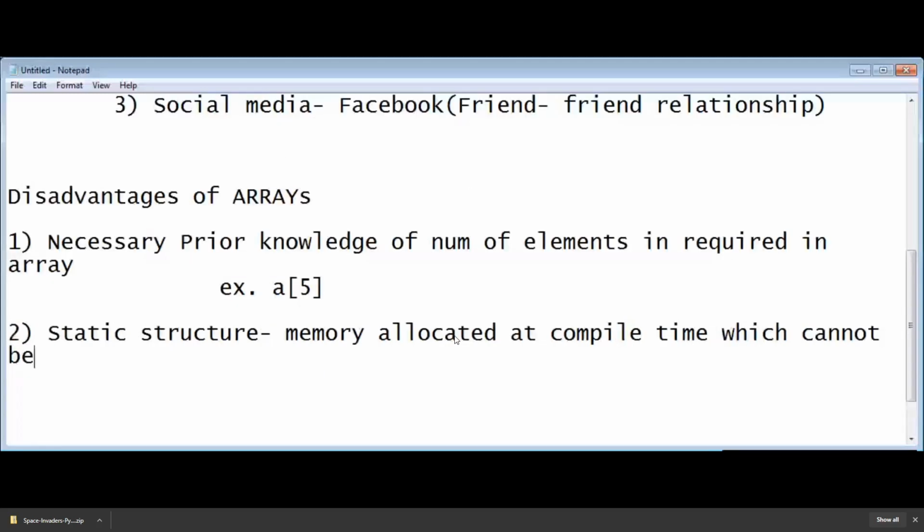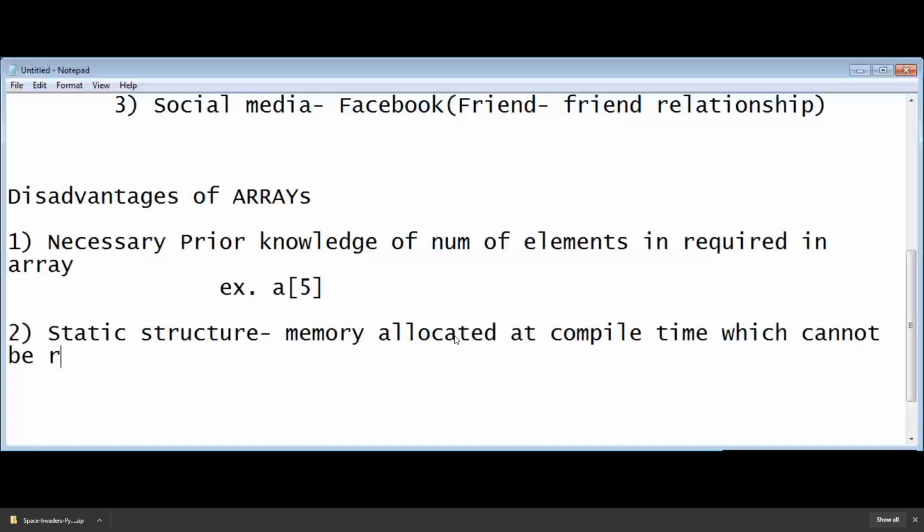Last disadvantage: the traversing of an array is time consuming.